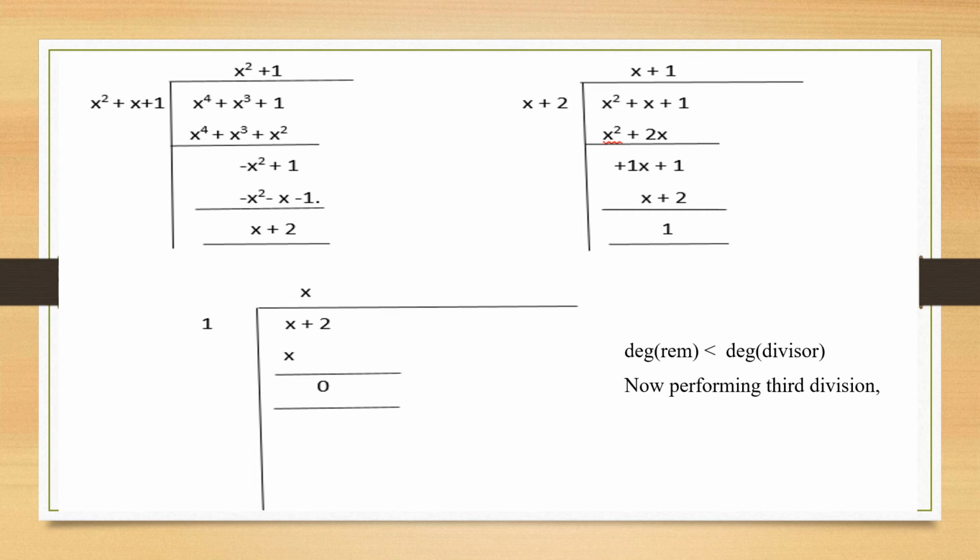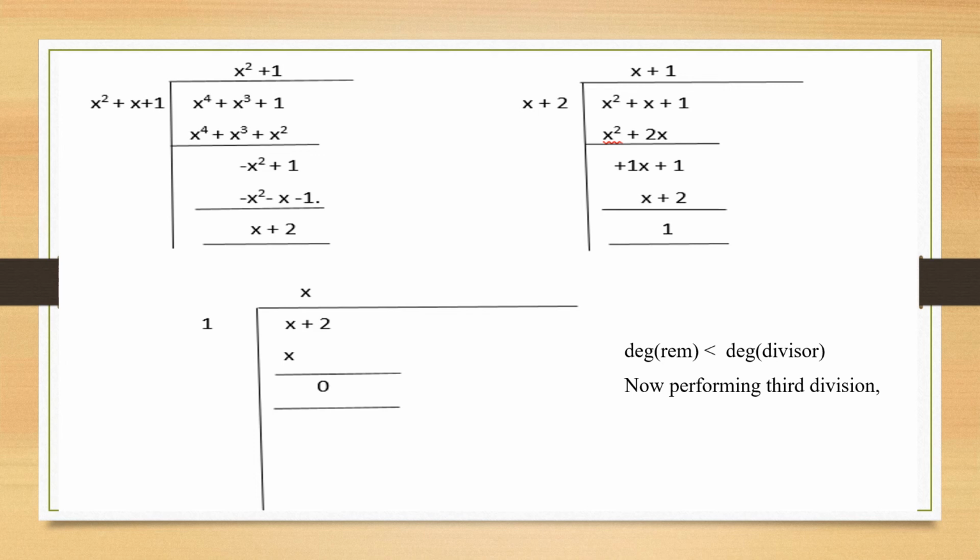Take this x square divided over x and you get x. Write it on the top. Take x and multiply it to it. It's going to be x square plus 2x. Change the sign. Cancel out x square. Change the sign. You get minus x. Minus x is not allowed because the coefficients should be either 0 or 1 in Z2. Therefore, you add 2 to it and you get plus 1x here. Again, you bring down this 1. Take this x divided by x and you get 1. Write it in the quotient section.